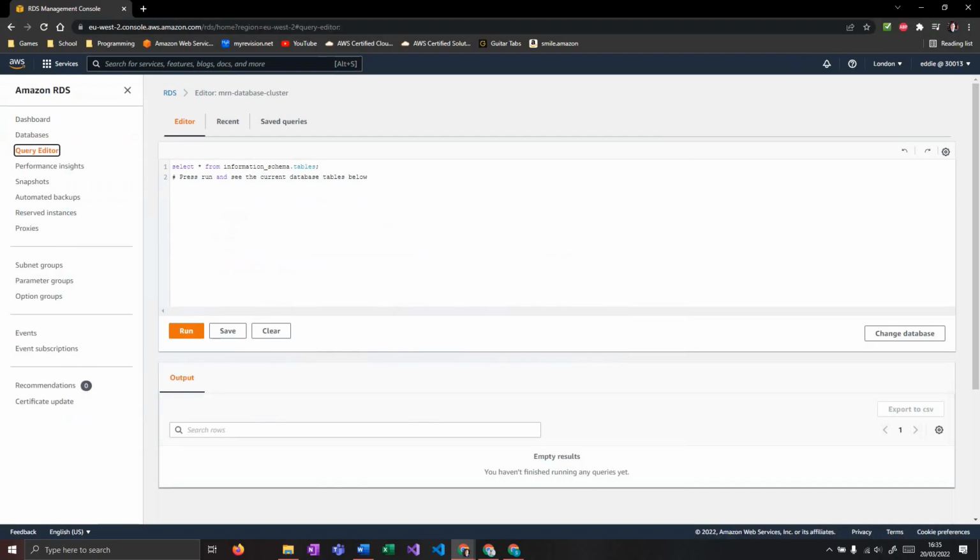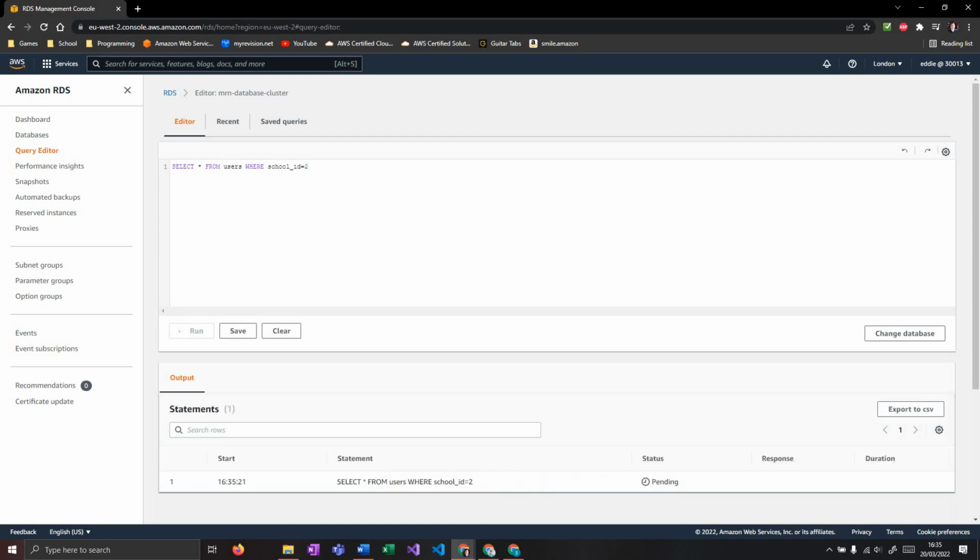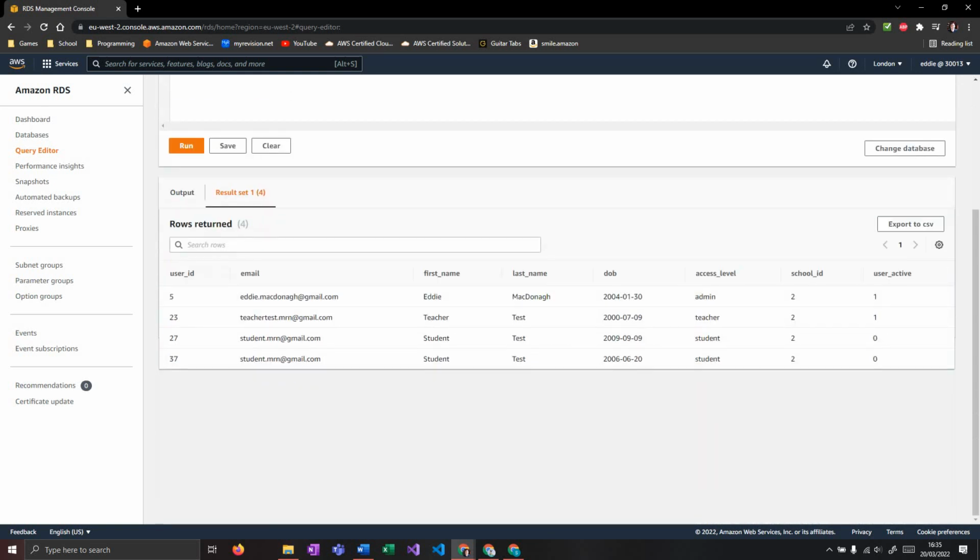Here we are. So I select from users. This is my admin school. This is what I've been using for testing. If I run that query, we shall see there are 4 users in here, but these two at student.ron@gmail are both